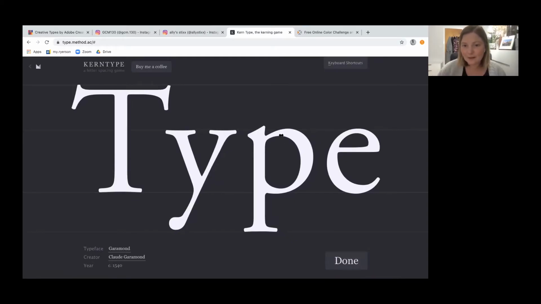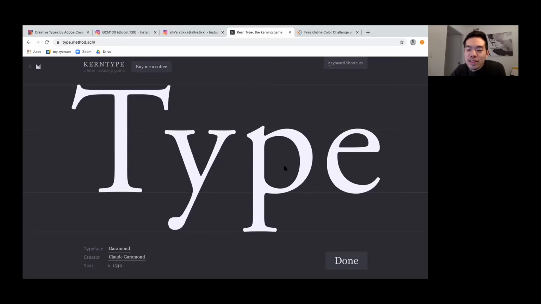Now, you wouldn't do this in a big body of text, right? Nobody sits there and does this to a paragraph. That's a different thing called tracking, but kerning you would do on titles. And so you can always tell when a less experienced designer is working on a set of type if the title isn't kerned. That's one of the secret tells.